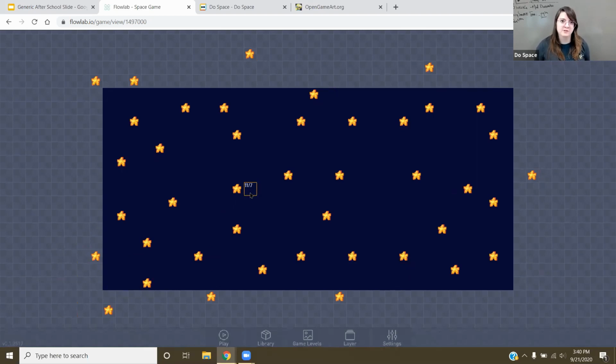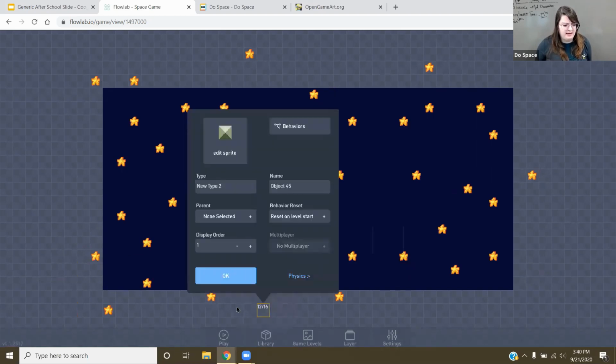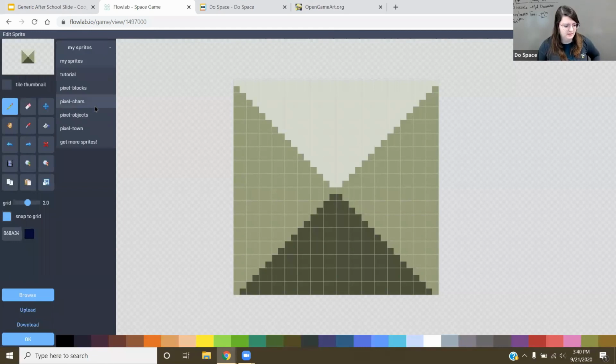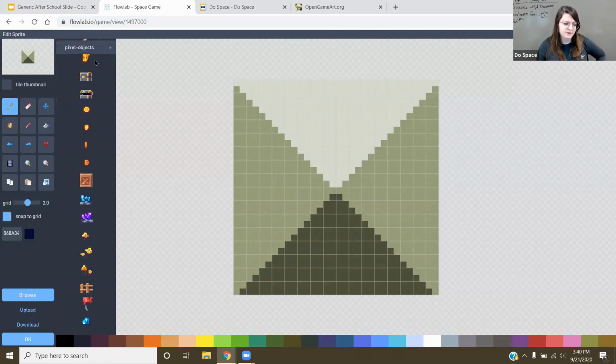Next thing we're going to do is, of course, add our player. If I go anywhere right now and click create, and name this ship for now, then go to edit sprite and browse, and go for objects, there isn't really a spaceship in here. So something I haven't taught yet is to find art somewhere else when we can't find it here. So I'm going to go to a website called